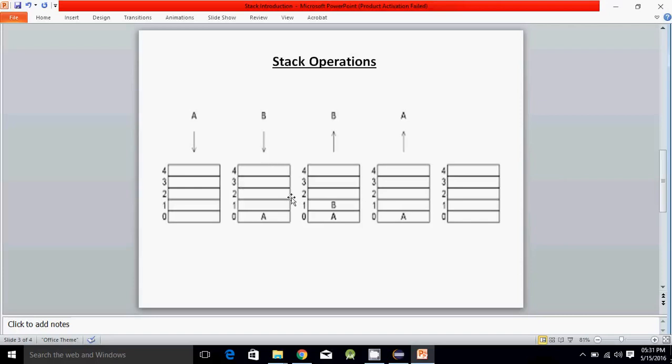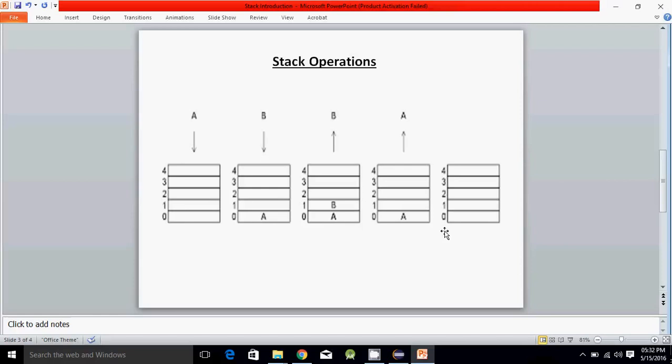Now we pop an item from the stack, so it will pop the top item, B. Now if you perform another pop operation, there is a single item A remaining in the stack, so it will pop A, and now the stack is empty. If you try to perform the pop operation now, it will be an underflow condition.